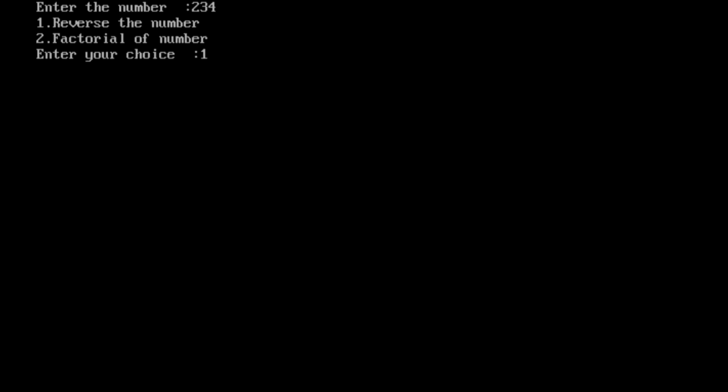But when you are finding factorial, don't give big numbers. You know what is factorial? 5 factorial means 1 into 2 into 3 into 4 into 5. Suppose you give 23, what will happen? 1 into 2 into 3 and so on, it is a big number which the factorial variable cannot afford. So if you are giving a 2-digit number, always give the choice as 1.